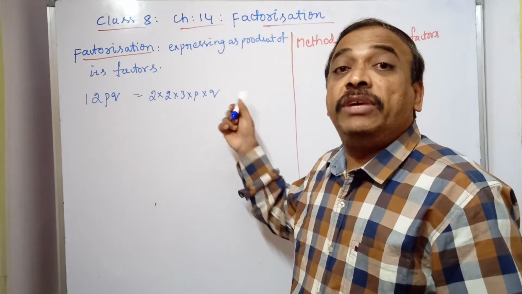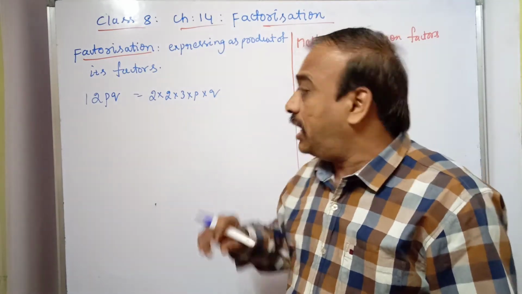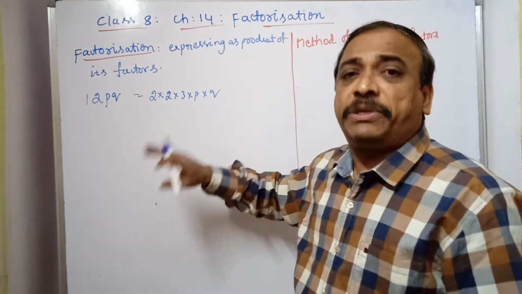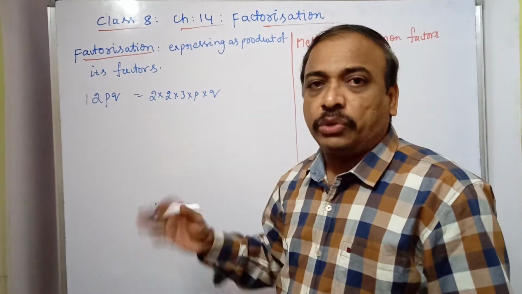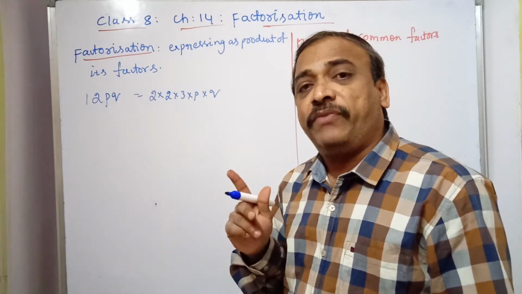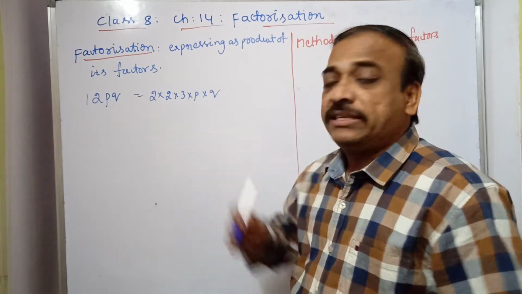This is the factorization. Here these are all the prime factors. Irreducible form is one which cannot be reduced further. See the word irreducible. We can write 2 except as 2 into 1, we can't write any other term. Here 2 also, 1 into 2, 3 into 1, because 1 is a common factor for every term. So 12pq is equal to this.